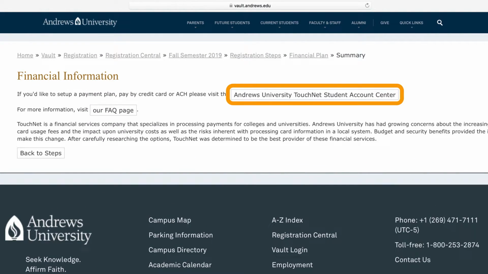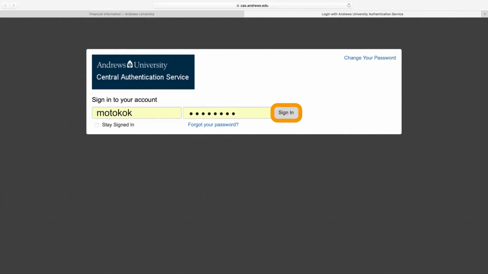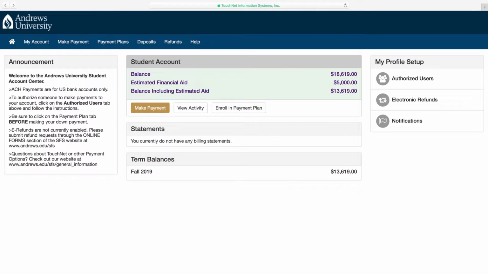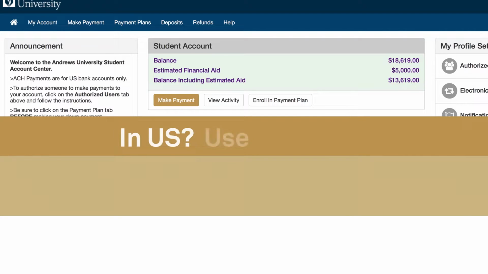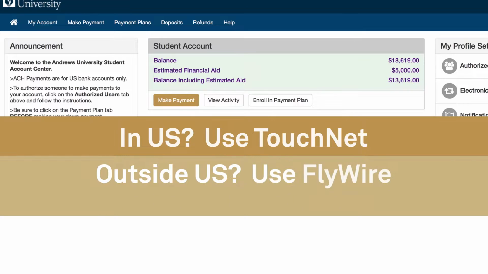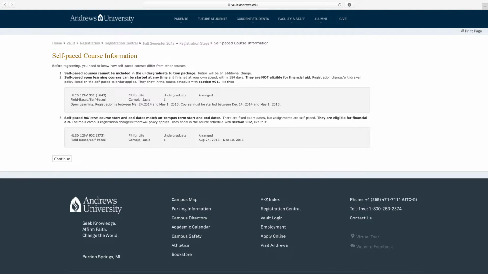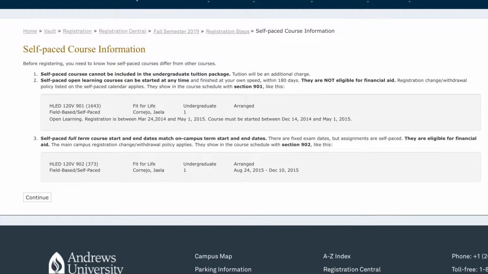Log in to the Andrews University TouchNet Student Account Center with your Andrews username and password. Read the information and click Accept Terms to give Andrews University permission to conduct business electronically. If you're ready to pay in full, you can skip to the Make a Payment option now if living in the United States. Students living outside the United States make payments using Flywire. Please note that self-paced, open learning courses are not eligible for federal financial aid, so recheck you are enrolled in